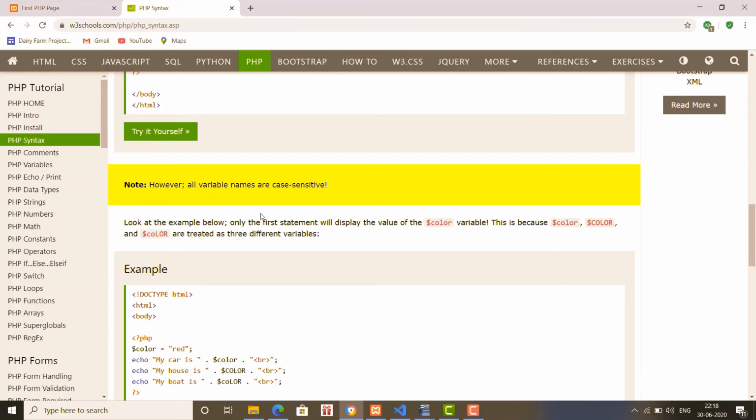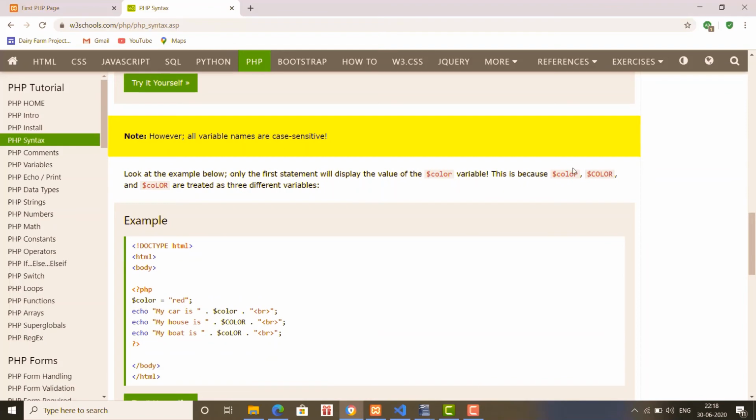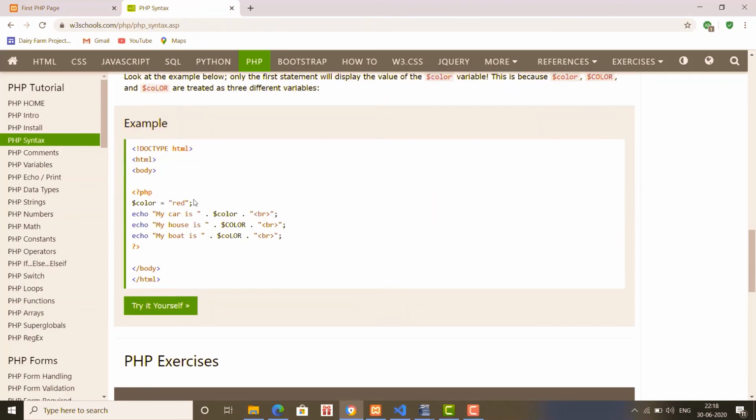Now in this example, we have created a variable with the name color, then one with all caps letters, COLOR, and another with mixed case, where some letters are small and some are caps. Here they are considered to be three different variables. We have assigned the value red to the variable color, so if we use echo, only this will be displayed correctly, because we declared this variable.